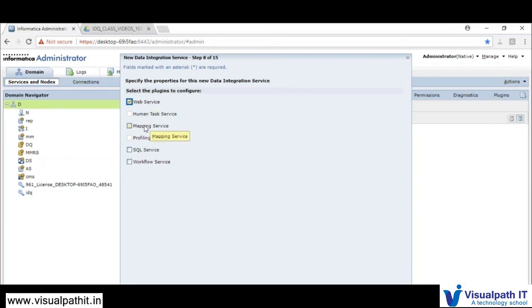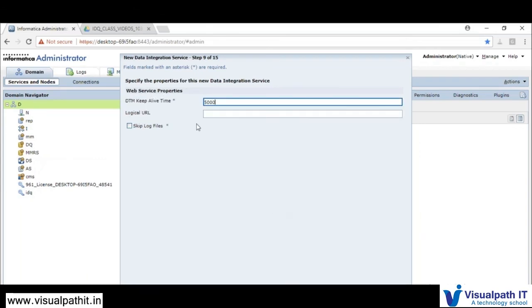If you are prompting for mapping service properties, you will be selecting that. If you are using SQL service, you will be selecting it, otherwise no. And if you are going to use workflow service, you will be using this. So whatever you have selected, the related properties need to be configured. As I have selected these three, you will be finding the appropriate ones. So I have selected the web service plugin, so the details need to be provided.